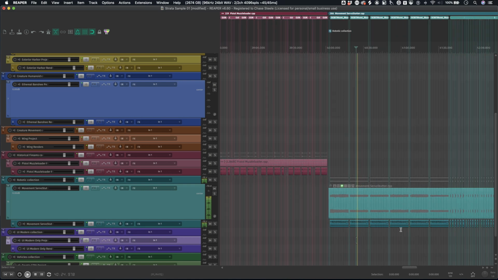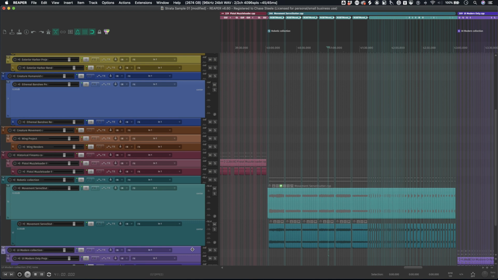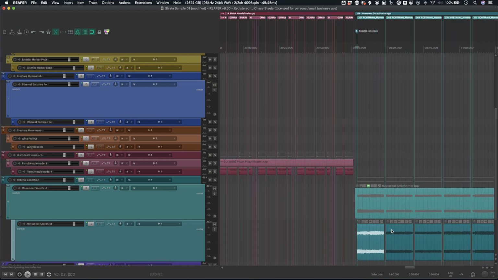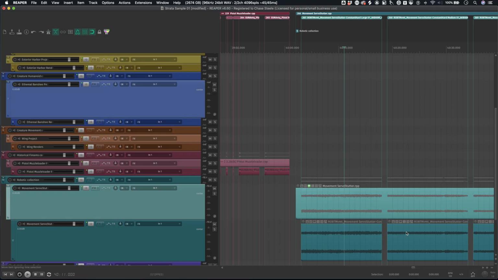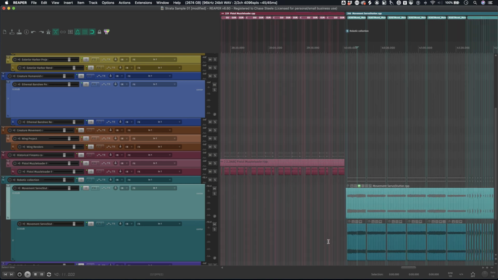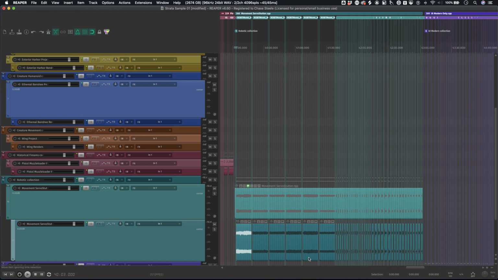Okay. So that's pretty cool. There is also underneath a rendered preview file. This is an example file of some of the material contained within the sub-project that I haven't opened yet, so it's here for convenience. If you don't have the project open, or you're just trying to figure out if it's something that's going to suit your needs, that's what these files on the second track here are for.